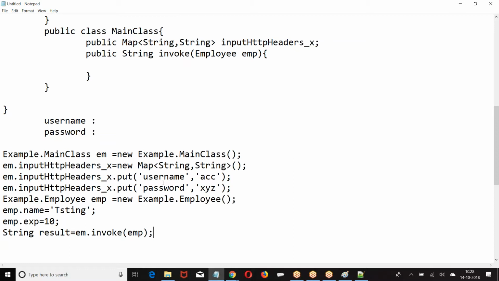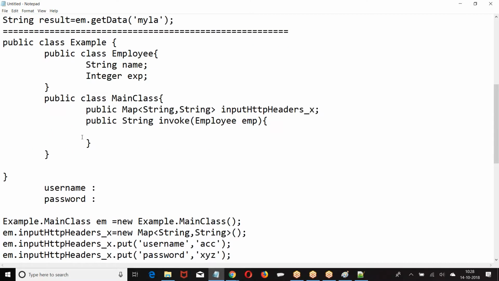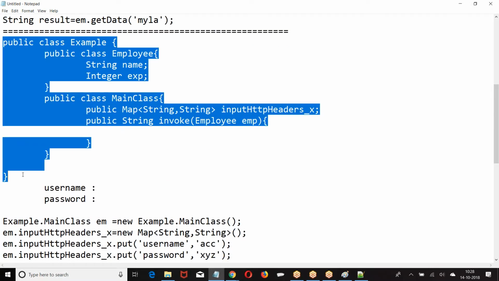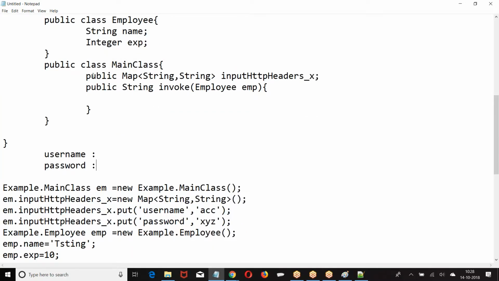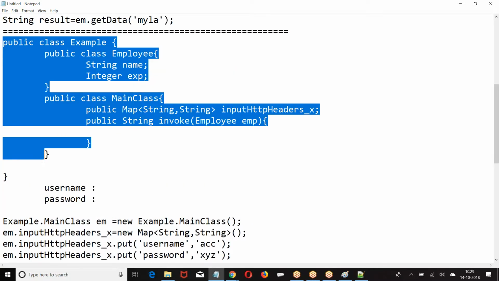Sir, the example you asked to write is SOAP plus WSDL class, right, sir? WSDL is already consumed. We got this type of class. Then how do you write a web service call? See, this class is already formed after consuming the WSDL file. We got a WSDL file. We consumed that WSDL file. We got this class. From that class, how do you make a web service call is the question.